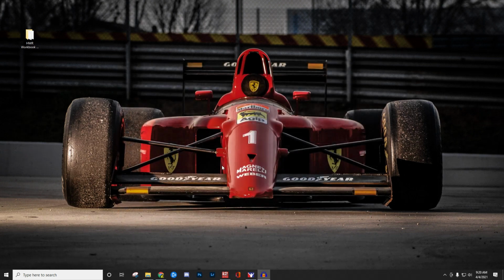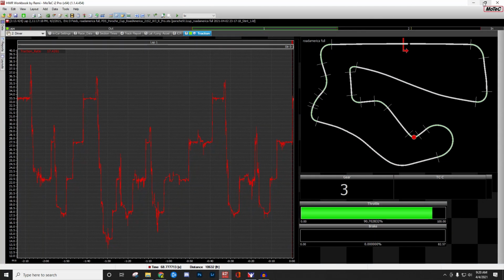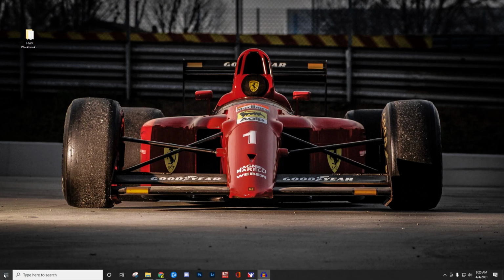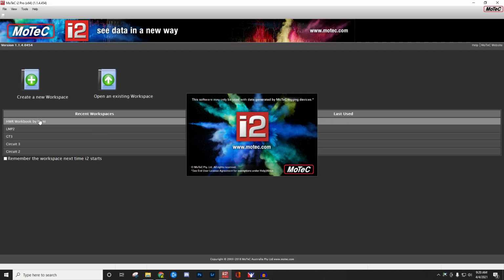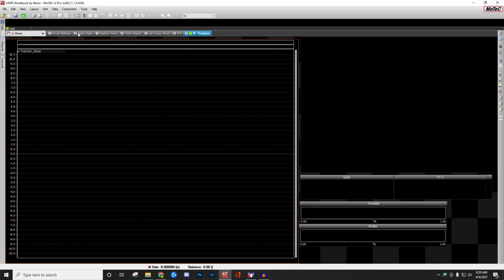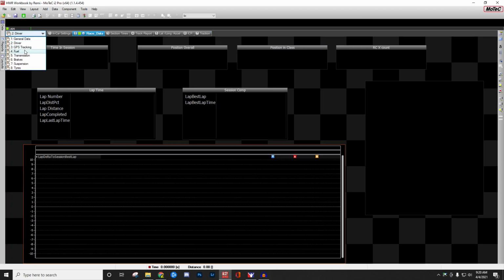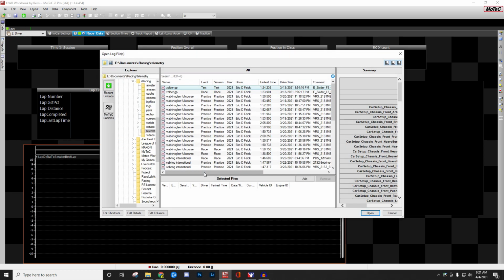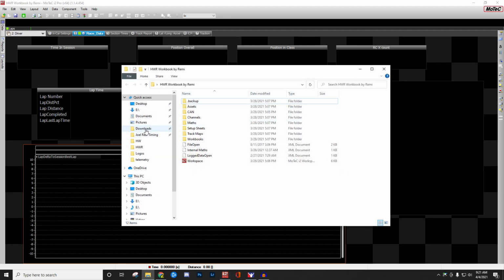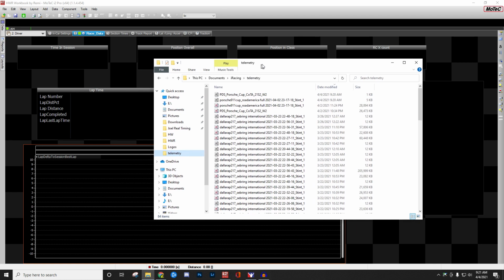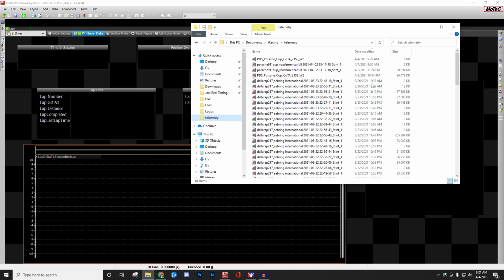And once it's there, and you open MoTeC for the first time, you'll find that it's available, and you can open it right there as a blank workbook. And then all you have to do is click open, and find your telemetry file that you want to import. Or in addition to that, you can go to your telemetry folder and pick and choose a lap. Here we can take a